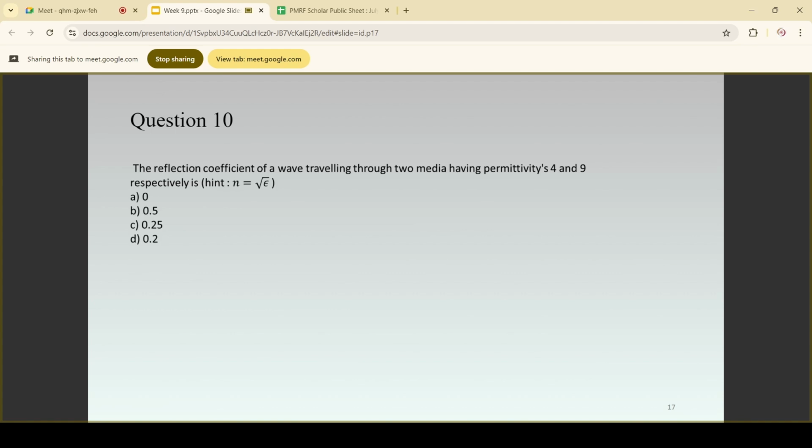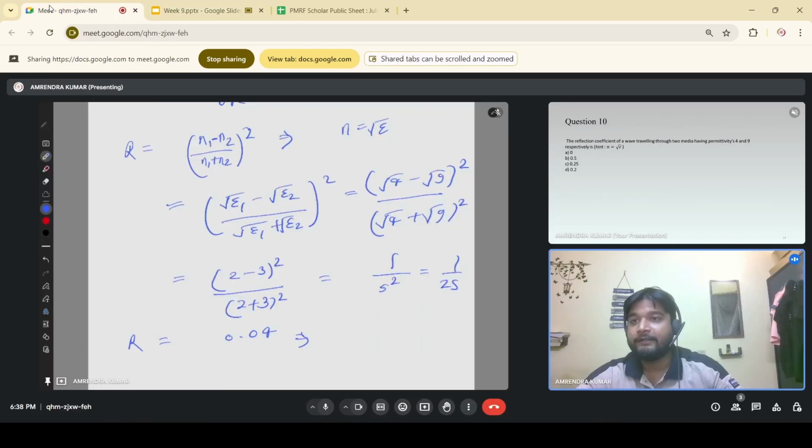And if you convert it to a percentage, this was your question. So you can do it like this. If you convert it to percentage, it will be like